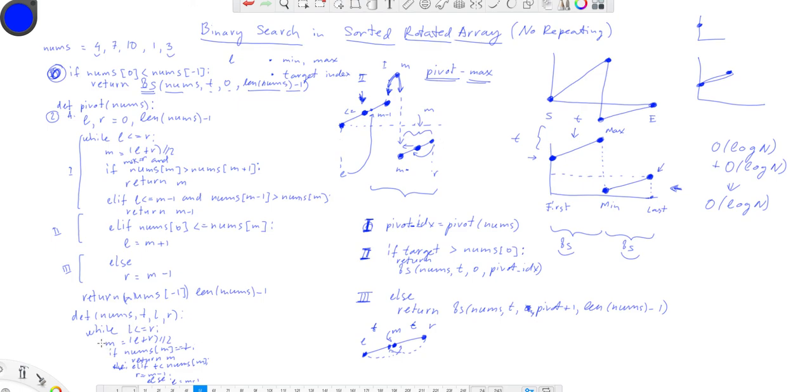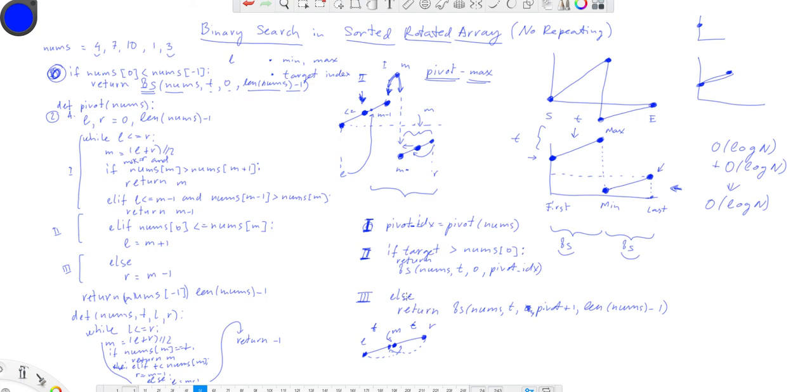Okay, so this happens until we reach the point where L is greater than R. That means we didn't find our target element, and we just need to return -1. We didn't find it,